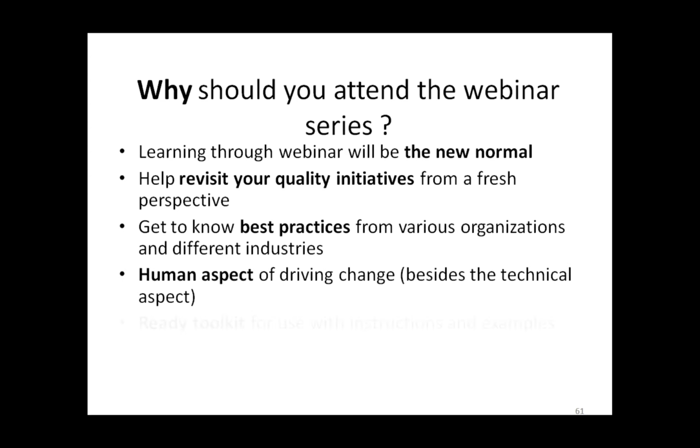And the human aspect of driving change. So we're not only going to talk about the tools, but how to deploy them, what challenges you might face in your organizations, and how to overcome them. So we also talk about the human aspect of driving change. And of course, it's a ready toolkit, as you see, a lot